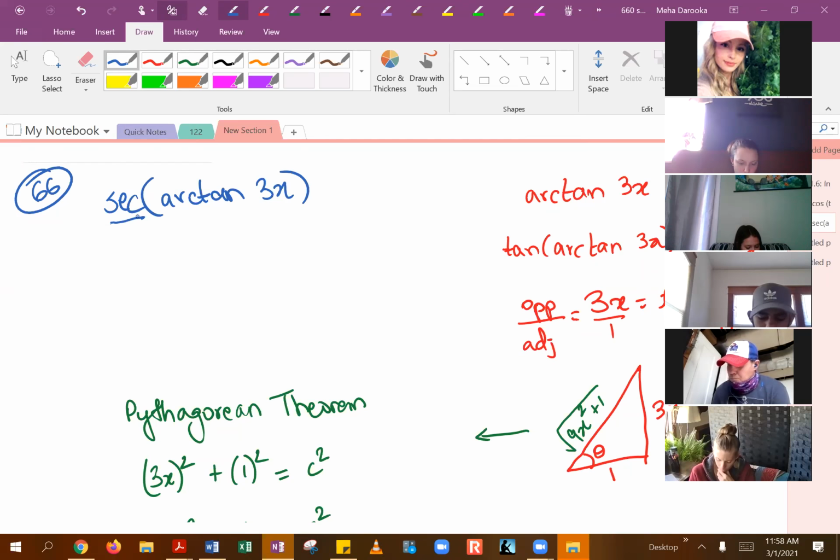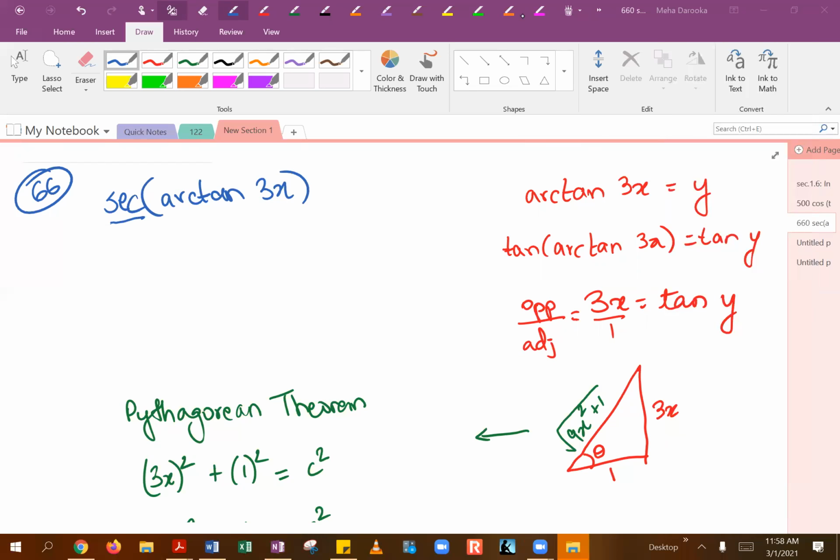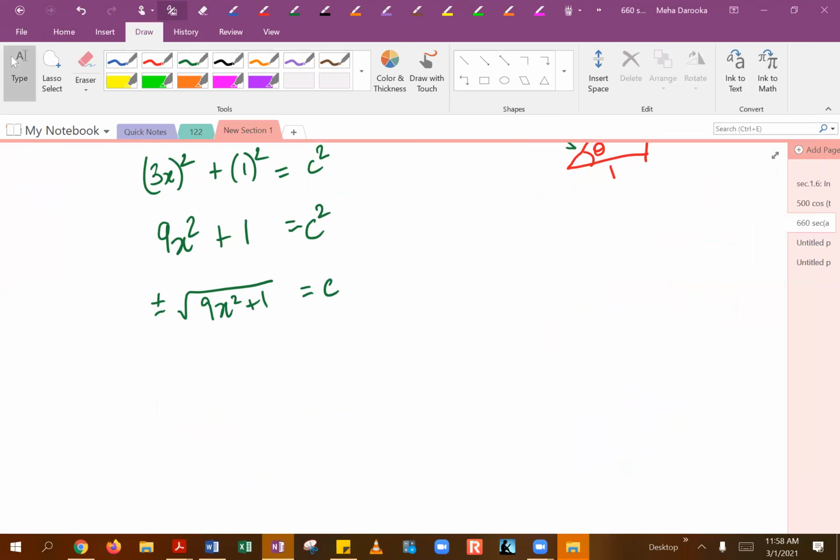Think about how you define secant. Abdulaziz, yeah, because remember, secant is the reciprocal function for your cosine. So secant,